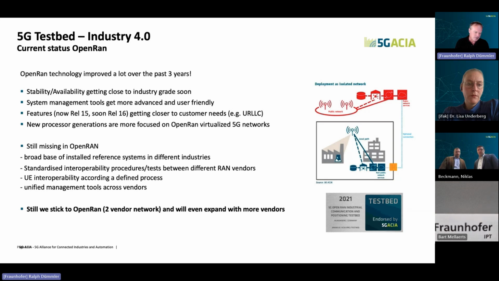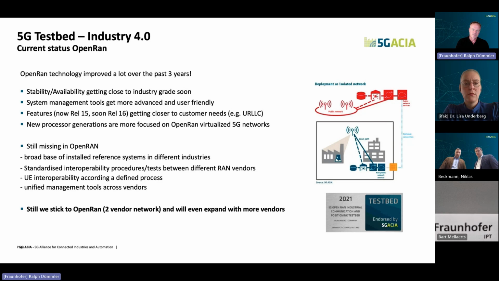Also, we see release 15 is missing a lot of things that the customer demands, especially low latency, but also positioning, for example, which is a native 5G feature that comes with release 16 in the first version. It's urgently asked for by the customers. So I don't think we will see a lot of commercial release 15 networks. I think the big shot will come with release 16 with, as I said, especially low latency features for industry